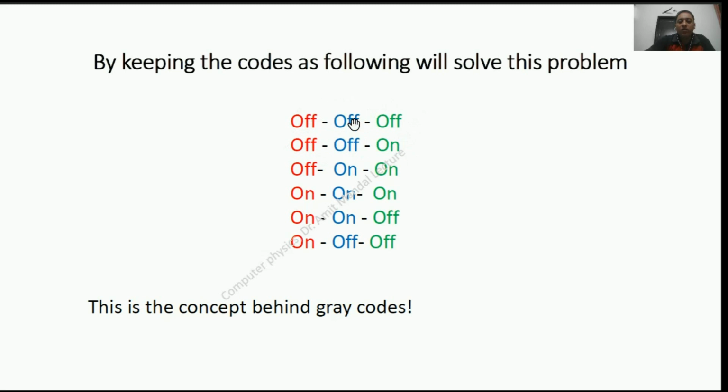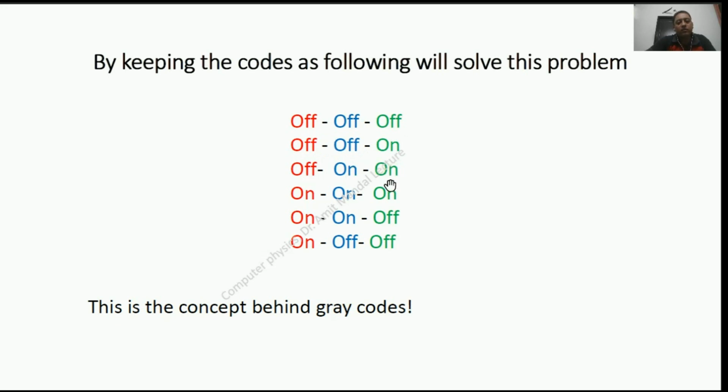Now what happens? Initially all three switches are released. You just have to press the green switch to make it on. So there is no such time difference glitch over here. Similarly, suppose the initial code is off off on, and you want to go toward off on on. So you have to use one finger only at a time. You can see transiting from this code to this code, only one finger, the green switch, has to be pressed. From the second to the third, only the middle one has to be pressed.